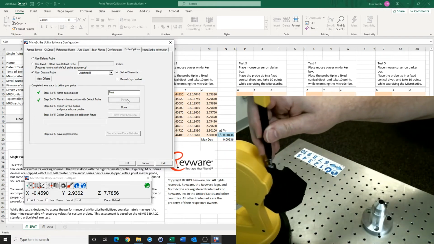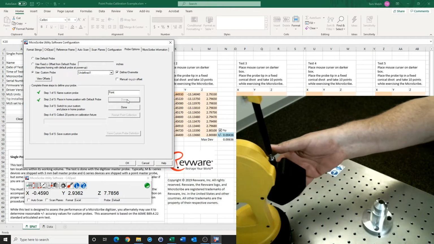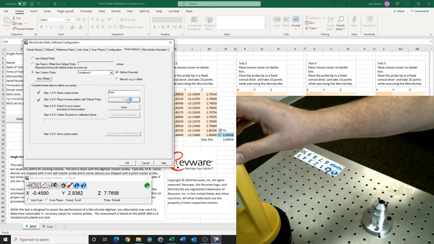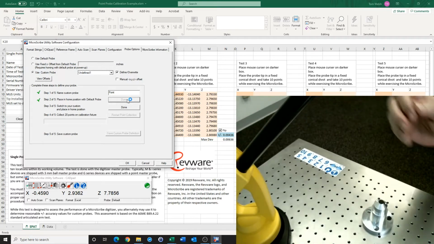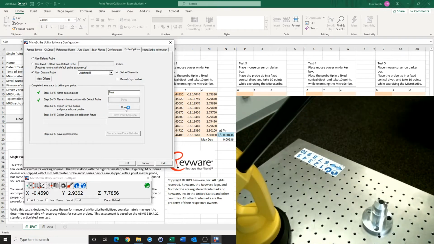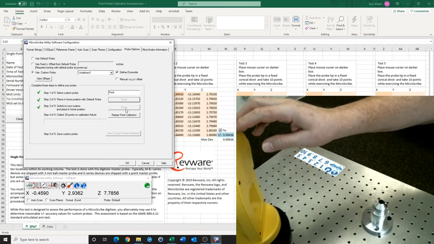Again, place the arm in the home position, making sure it's properly positioned all the way around until it stops. And now then we can say we're done with that step. Now then we progress to taking point data with this point probe so that we can get good calibration numbers